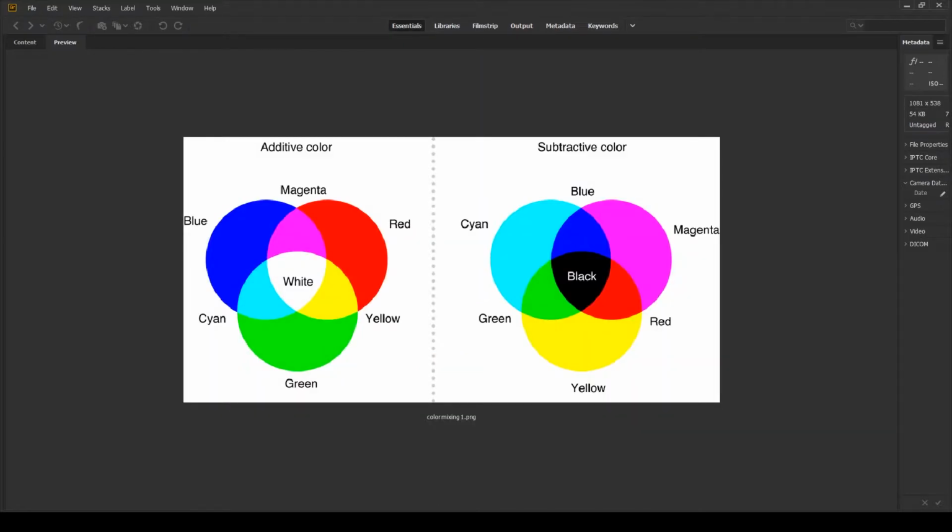This is another picture on my screen which takes you back to the 4th grade. It shows you additive colors and subtractive colors. So if you see, when you mix red and blue you get magenta, if you mix green and blue you get cyan, and so forth. Like if you go to the CMYK color theory, if you mix cyan and yellow you get green. So basically color balance changes the overall mixture of colors in an image and is used for color correction. So whatever you see while taking pictures, it's all about color correction, and you always look for the gray point or the white point to always get the color balance correctly.